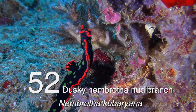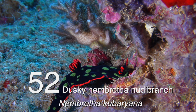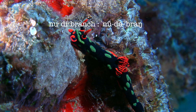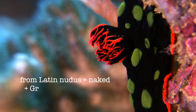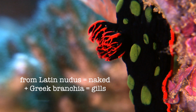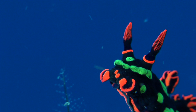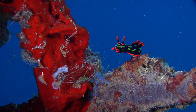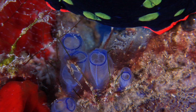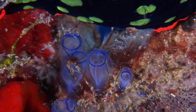52 is the spectacular dusky Nembrotha nudibranch, Nembrotha kumbayana. For the non-nudie nerds out there, nudibranchs are snails without shells. Nudibranch means naked gill, which is the frilly bit on their back. The other fancy bits are called rhinophores, which are their smelling organs, which they can retract if attacked. They eat toxic ascidians, but not these guys, I guess, and they can store the toxins in their skin for